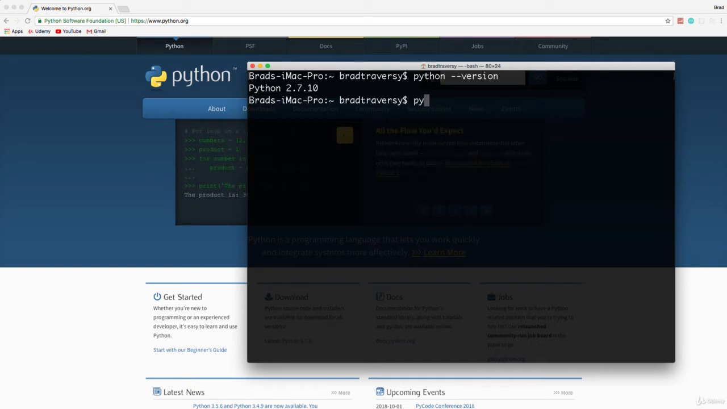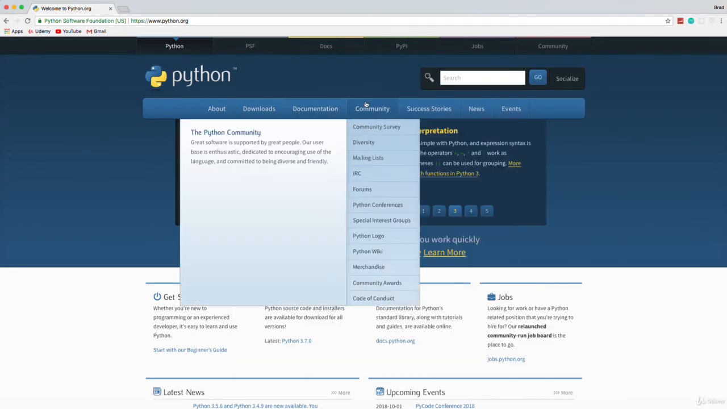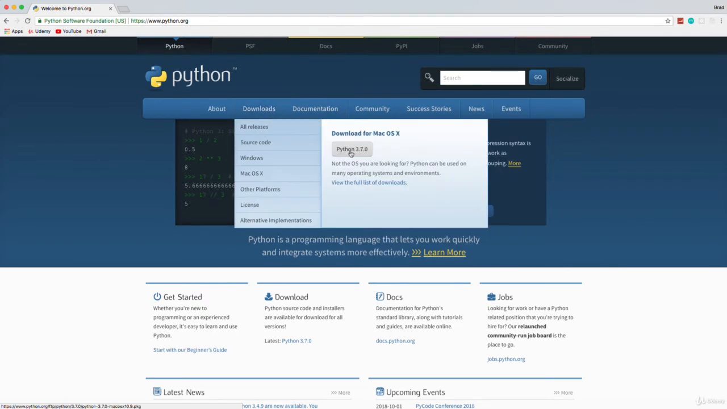So let's go ahead and say python3 --version, and you'll see that I have version 3.7.0, which is the latest version. If you see something like "not found," that means that Python 3 is not installed on your system. If you see an earlier version of 3, then you should go ahead and follow these instructions to upgrade. So we're going to go to python.org and go to downloads, click on 3.7.0 or whatever the latest version is at the time,